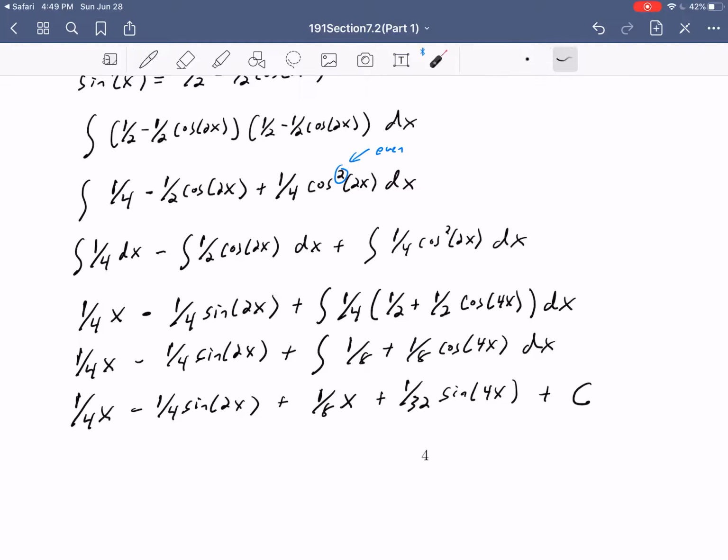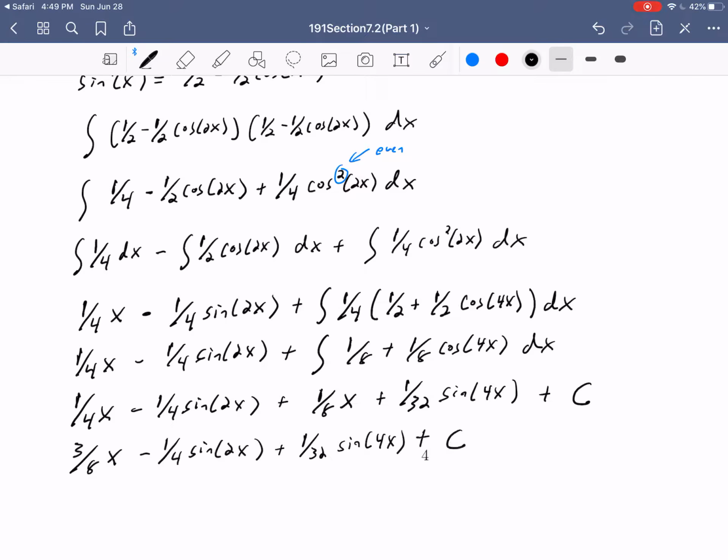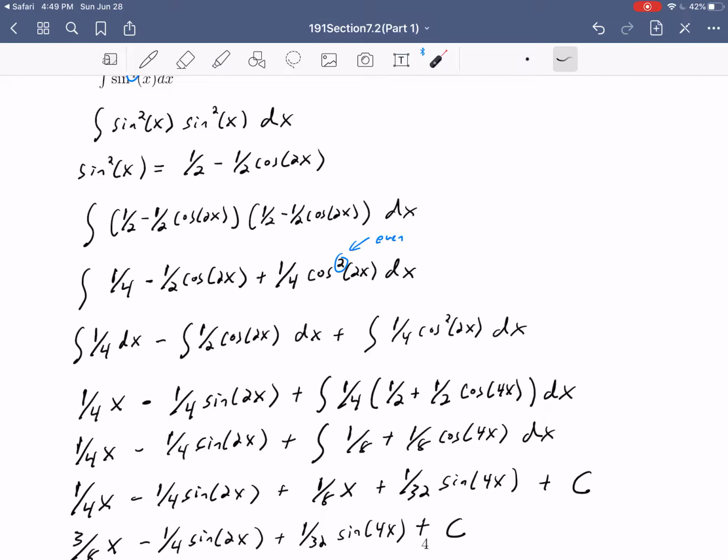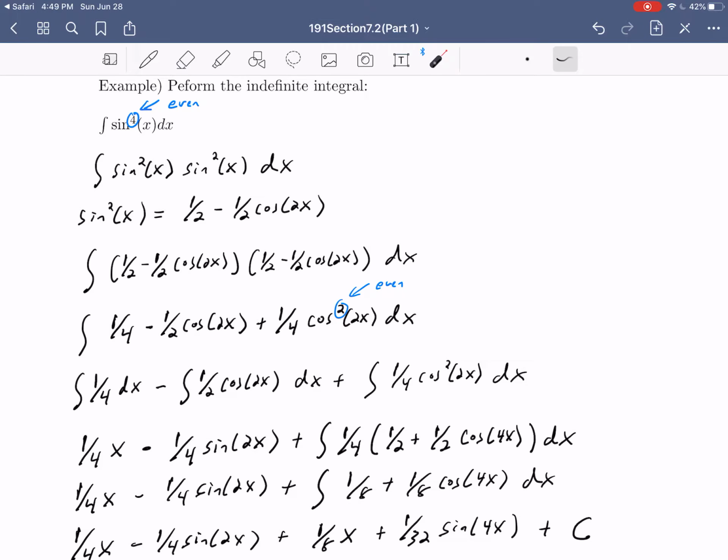Any last things to do? Sure, we can put the 1/4 x and the 1/8 x together, and I guess the best expression would be 3/8 x minus 1/4 sine 2x plus 1/32 sine of 4x plus c. And there we go. This shows you an example of where you had to use the even approach, meaning the double angle identity approach, twice, because we started with sine to the 4th